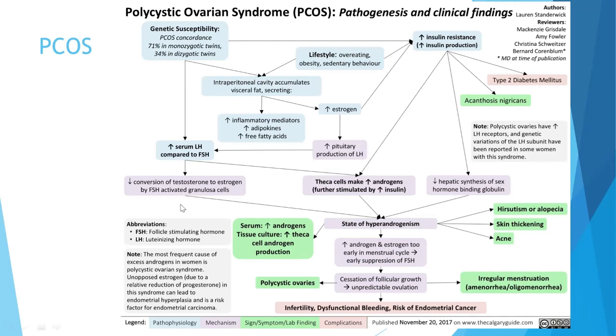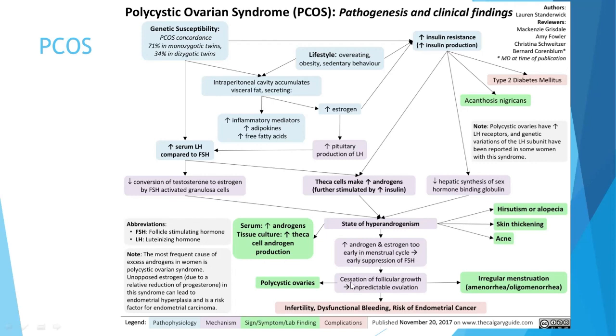Then this can cause the decreased conversion of testosterone to estrogen by FSH activated granulosa cells. And the theca cells make the increase in the androgens. And ultimately that will lead to the state of hyperandrogenism. Whenever there is a state of hyperandrogenism, there is increased androgens in the serum. And if we do the tissue culture, we can find the increased theca cell androgen production. Also, the increased androgen and estrogen too early in the menstrual cycle will cause the early suppression of FSH,